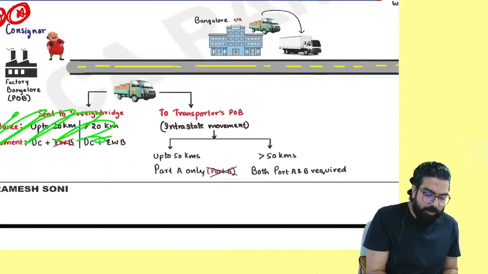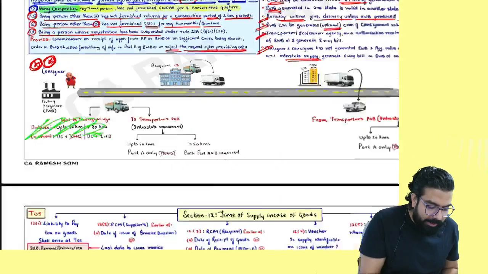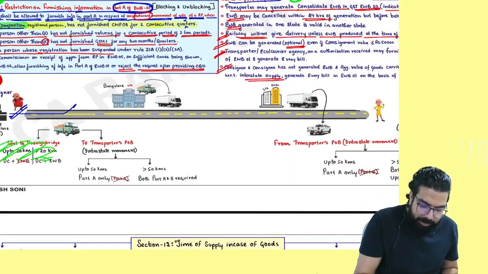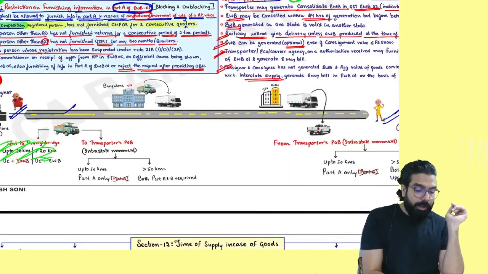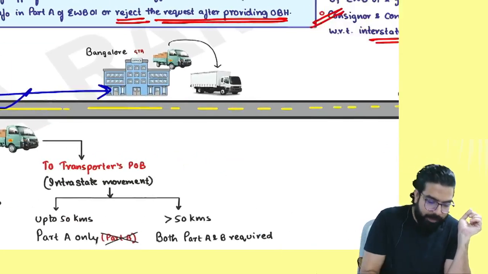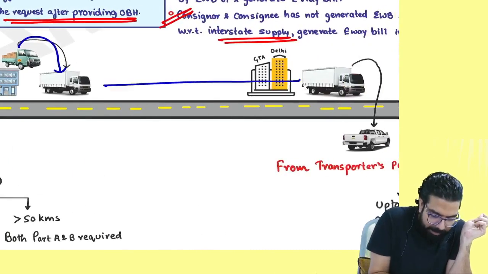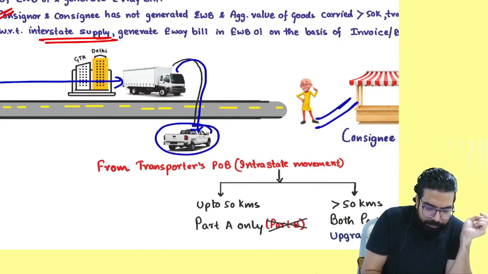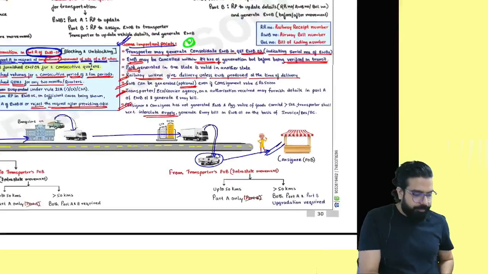Sir, what is the exception? Here, I am sending the goods from my premises, supposedly to him. Motu is sending to Patlu. Now listen. First, Motu sends the goods to, supposedly, a goods transport agency. The goods transport agency will unload the goods into a big truck and take them to Delhi, supposedly. In Delhi, they will unload into a small truck, and the small truck will take the goods over here.